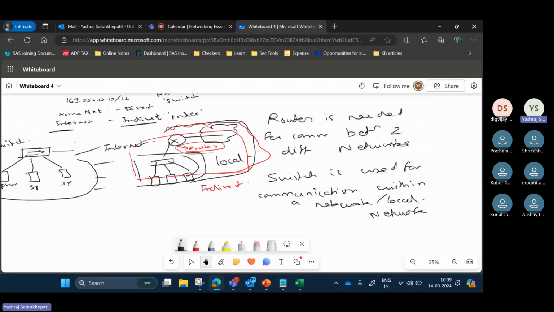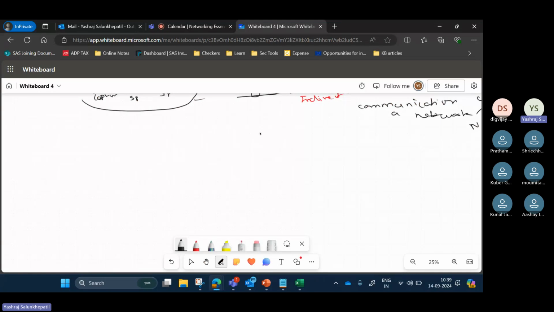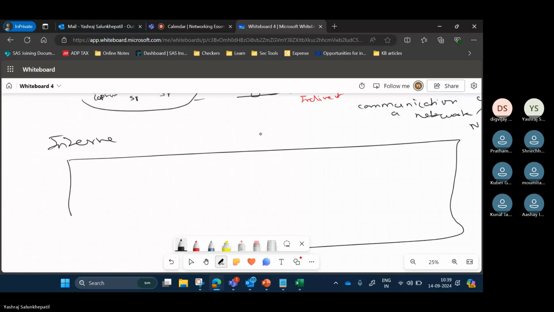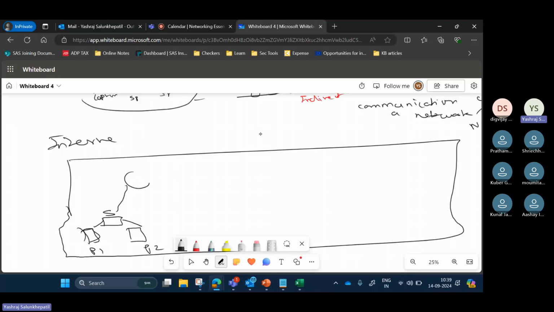Like I said, what is there on the internet? There will be different networks, okay? And for different networks, what will be needed? A router. So there is the internet, and the internet is made up of different networks. So this is PC1, PC2. For local communication, they use a switch, okay, and to communicate with the internet or other networks, they use a router.